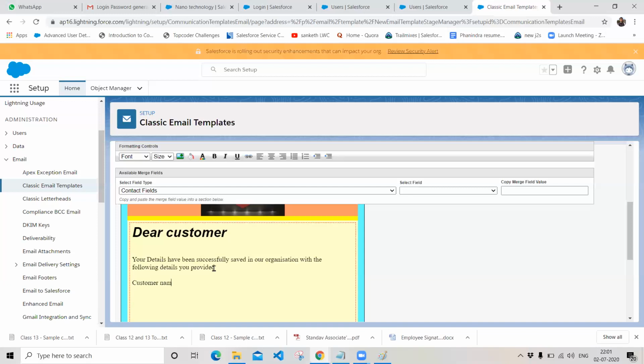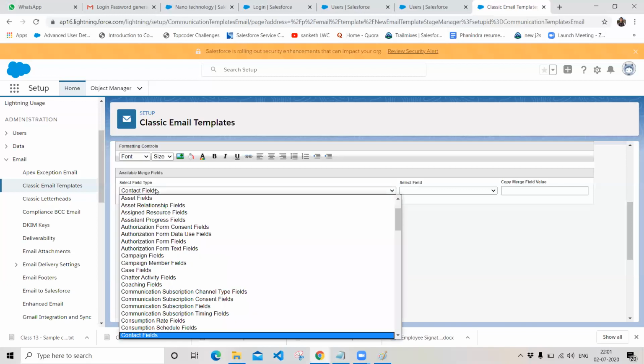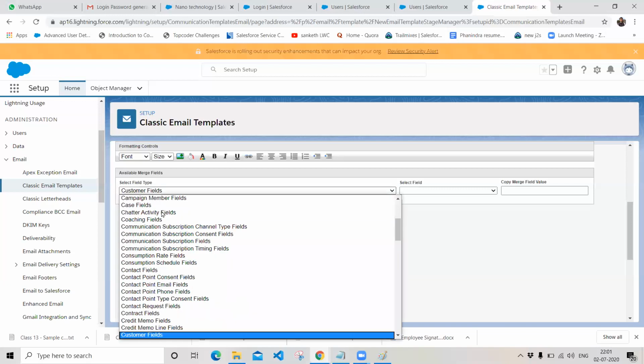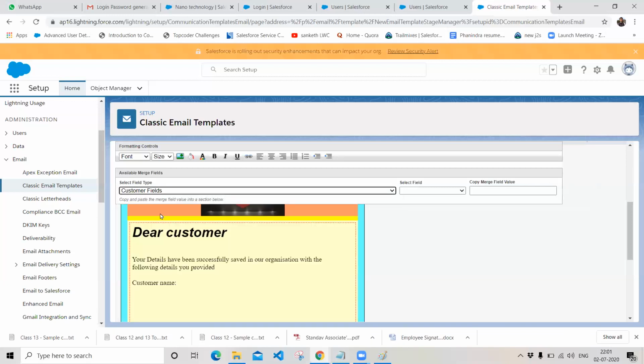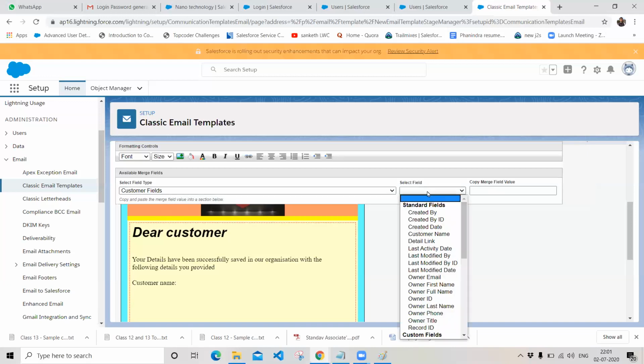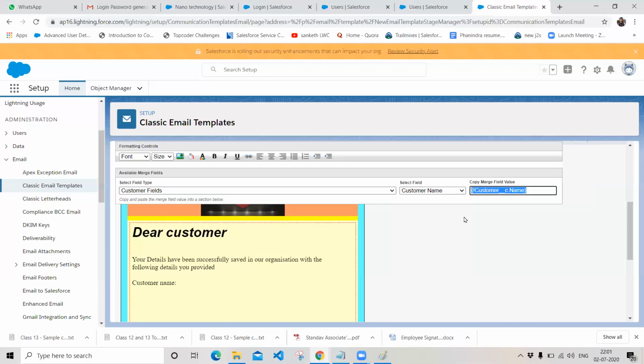Suppose you do want to add a customer name in your email body: choose the object on which you want, and select the fields. In these fields, I am going with the customer name. What it is doing is giving a syntactical format of creating your merge fields.